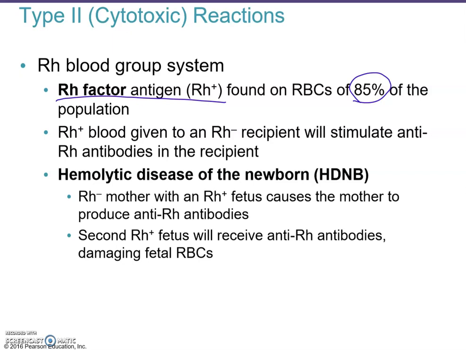So Rh positive is dominant. And so if the father is Rh positive, chances are that the baby is going to be Rh positive. And so if the Rh negative mother is exposed to that blood, then she will make antibodies, and that can lead to hemolytic disease of the new